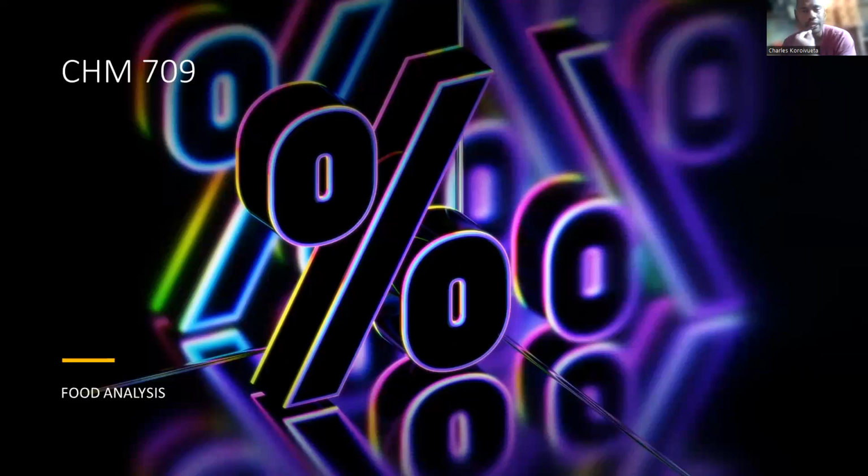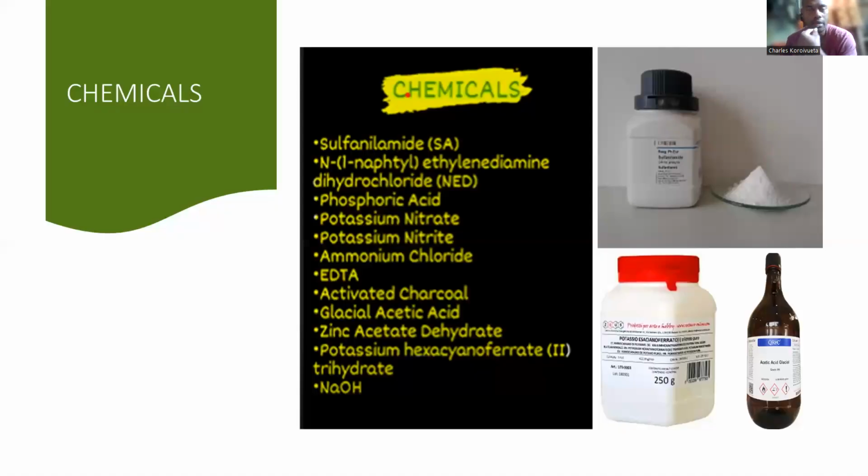My presentation today is based on food analysis of the food samples that were collected over the semester. The chemicals involved are sulfanilamide (SA) and N-(1-naphthyl)ethylenediamine dihydrochloride, or NED, phosphoric acid, potassium